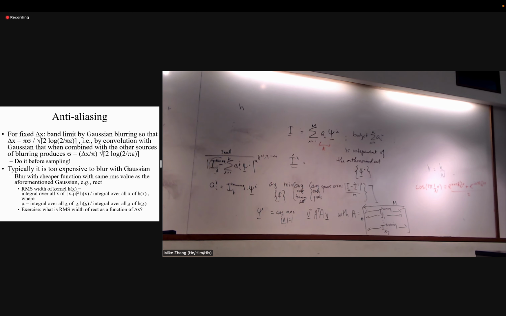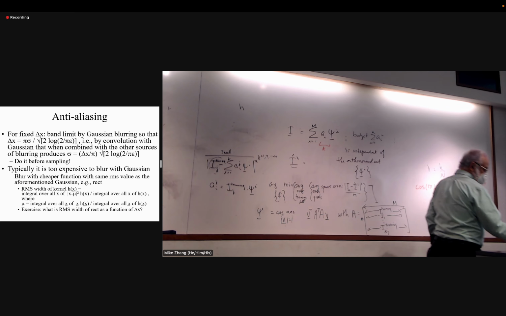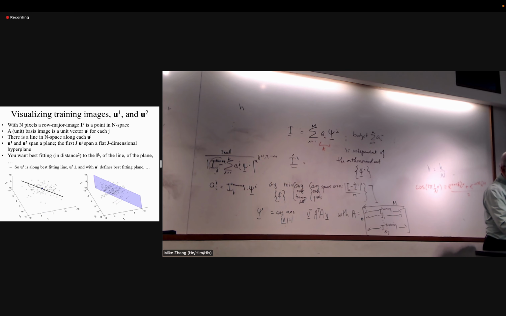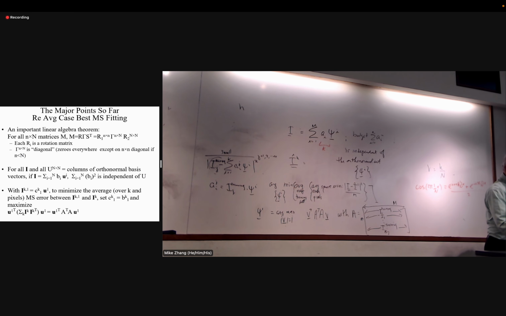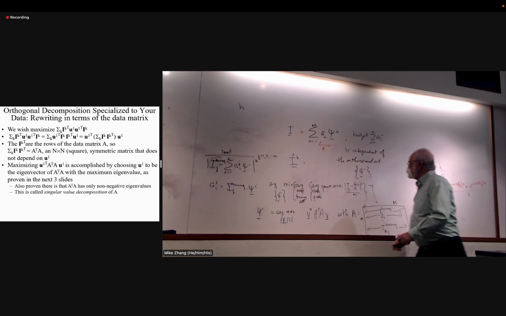So the coefficients are computed by the dot product rule. And when you run all the linear algebra, you end up with the statement that